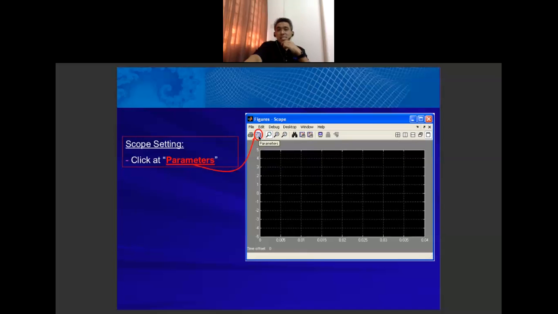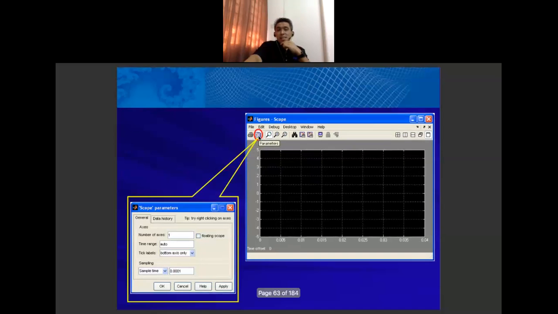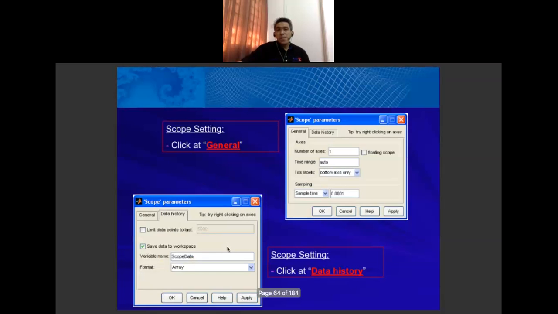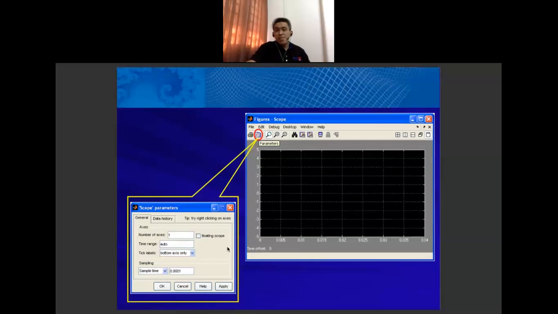Click at parameters and this dialog box will appear, the scope parameters. At sampling, we can set the sampling time.